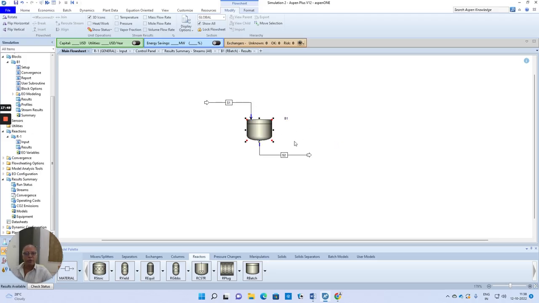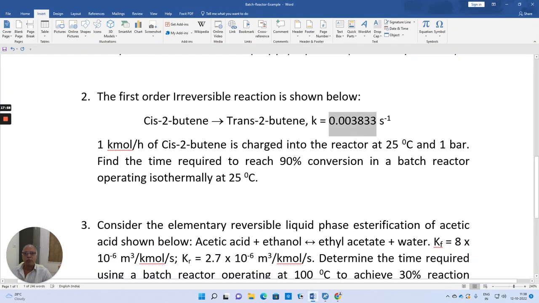This way, you must be in a position to solve any problem involving a batch reactor, however complex the kinetics may be. So in the same way, let me also deal with one more example to make it